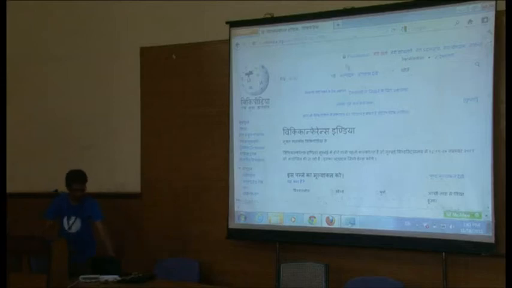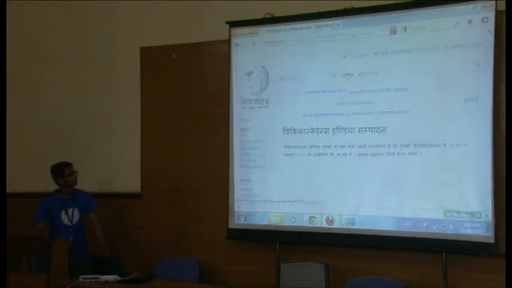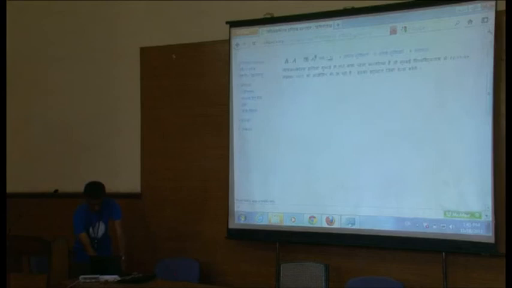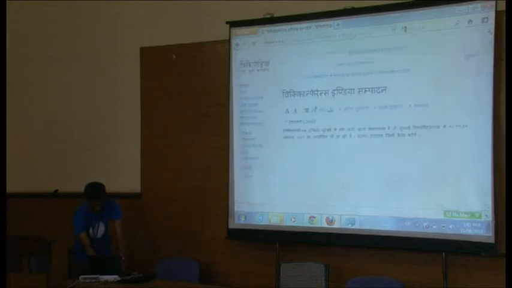After logging in, you will see this Sampadan. Just click on that, and now you will be able to edit the article. This is the main heading, the name of the article, WikiConference India, and I want to make this bold. If you place your mouse on this, it shows bold. So just select the text and click on bold,